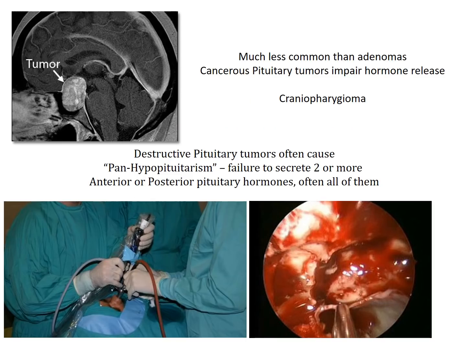A much less common type of tumor of the pituitary gland is a malignant tumor. This is not an adenoma. This is a cancer, which shows anaplasia and can show a high degree of invasion. So one thing that the neuroradiologist will be looking at on the MRI is: is this an invasive tumor? If it's an invasive tumor, it's more likely to be a cancer.